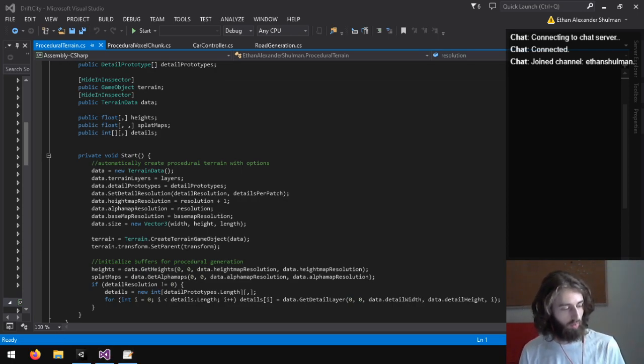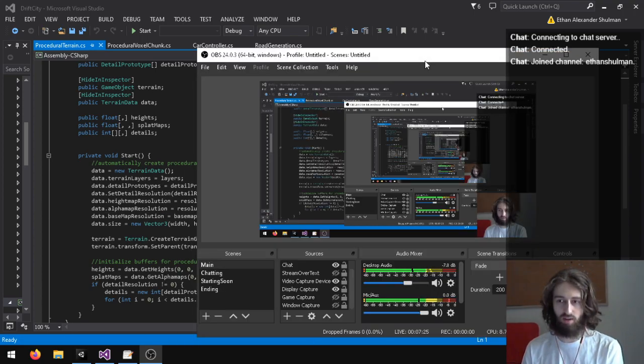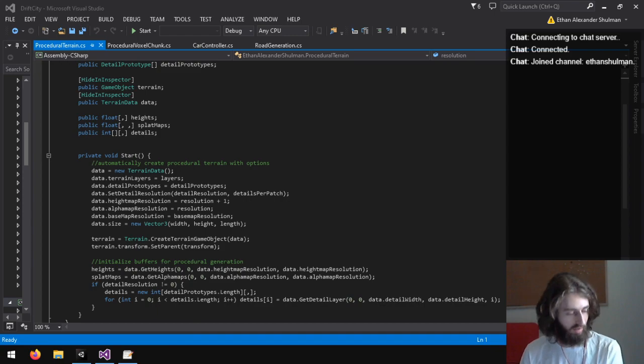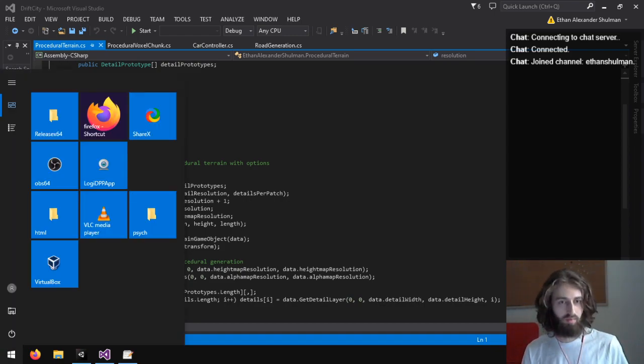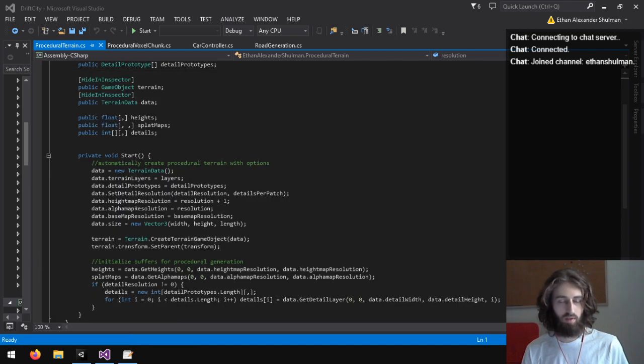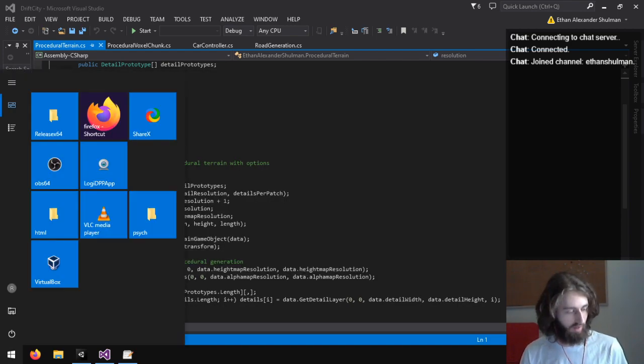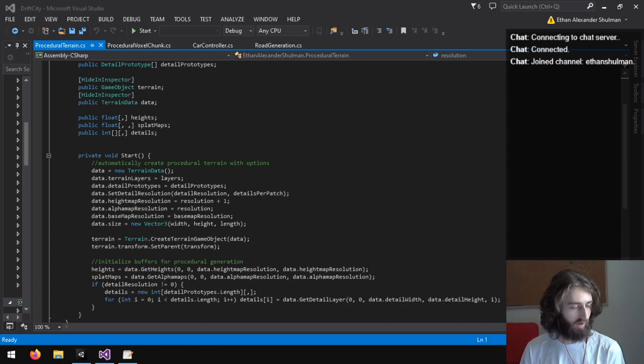Oh my god, what happened to Windows, dude? I think my computer's dying. Everything that I put on my one monitor is going white. Hold on, OBS is still good, right? Yeah, OBS is still good. What the heck is going on here? You can see the windows there that are now white. Alright, I'm just gonna close stuff.